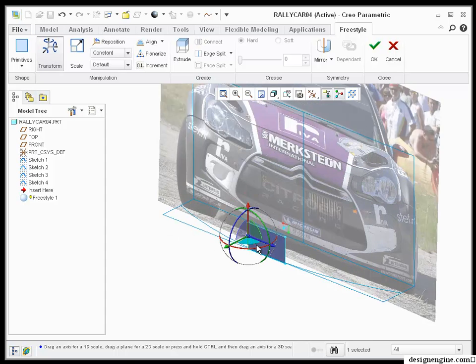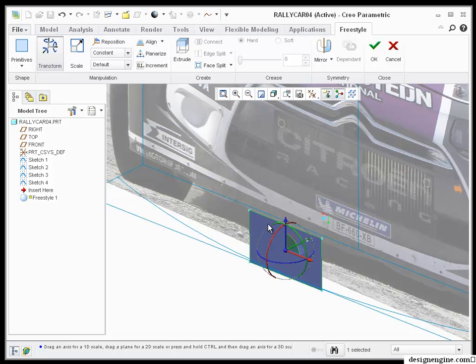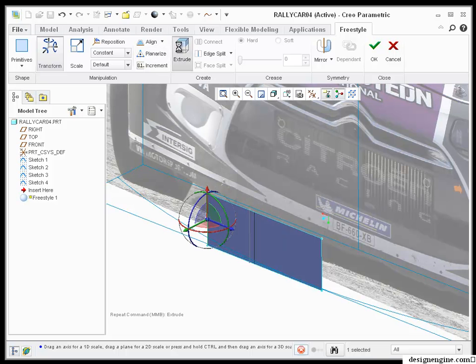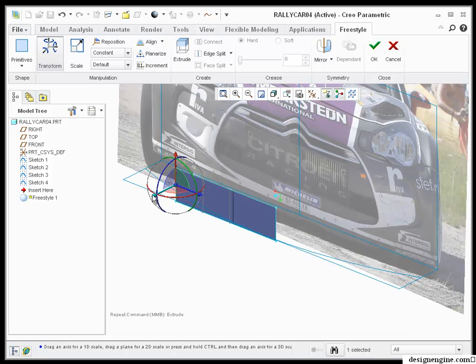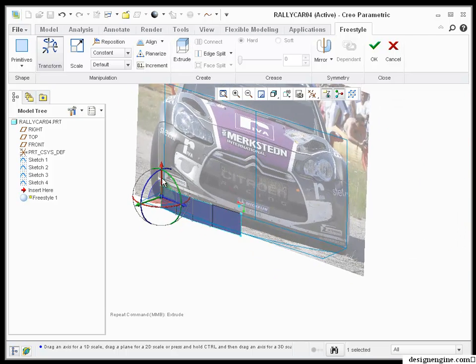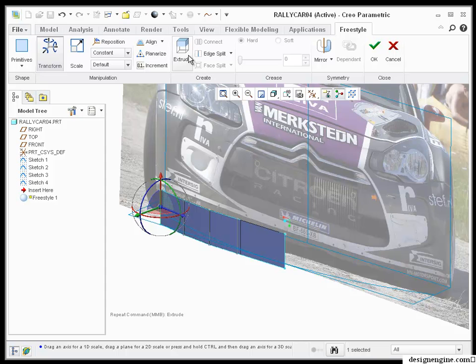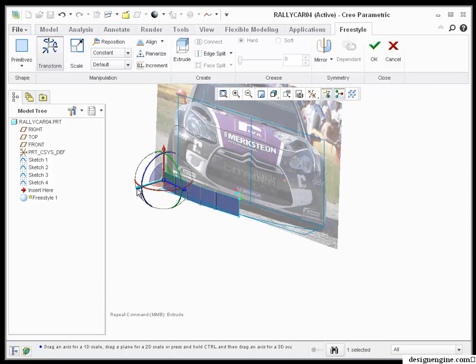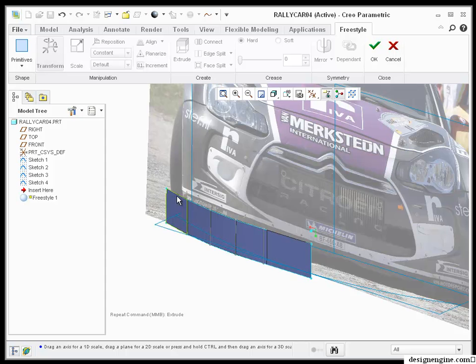Now I'm going to take basically the end section. You can grab the 4-part boundary, if you will, and I can grab the end of the boundary, and I'm simply going to extrude that edge. And each time I extrude it, I'm just going to push it back just a tad bit. That's the kind of workflow we've been teaching. Let's extrude one more and push it back. And now I'm going to extrude up